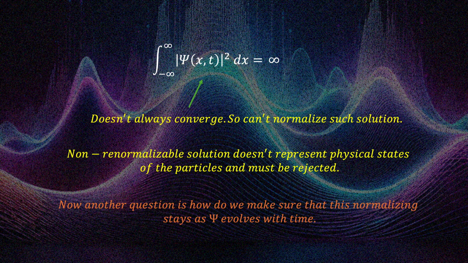And the answer is you don't have to, because once you normalize the wave function, it stays normalized. The normalization does not change with time. And this is what we're going to see in the next video. We're going to see a proof that the normalization doesn't evolve with time, so you are happy, and you don't have to keep normalizing the wave function over and over again. So yeah, this is the normalization of the wave function.